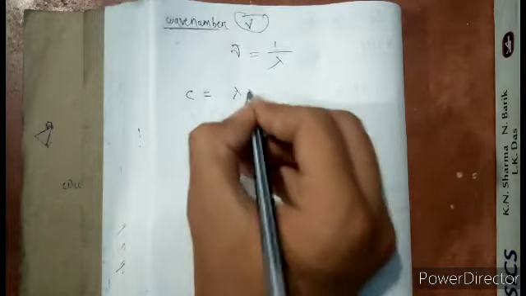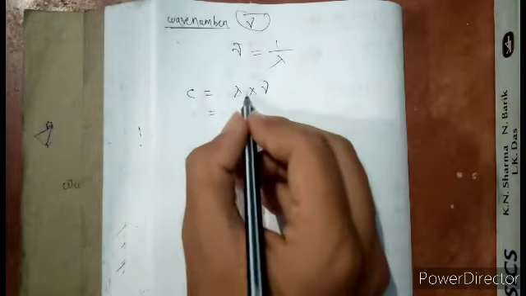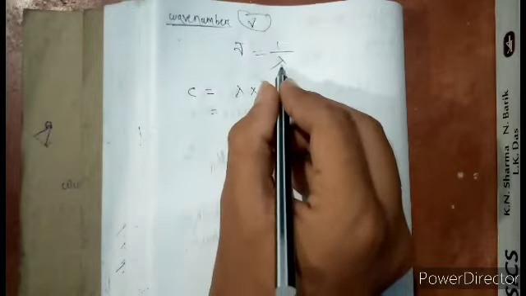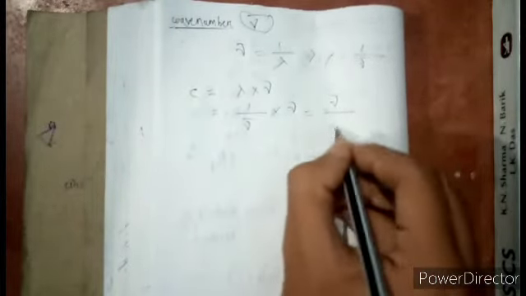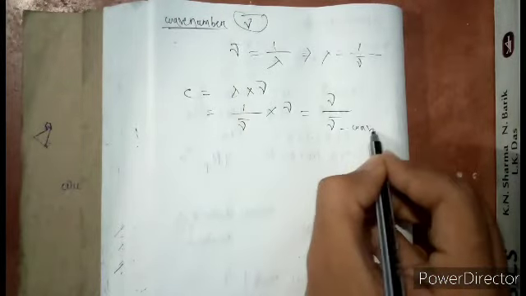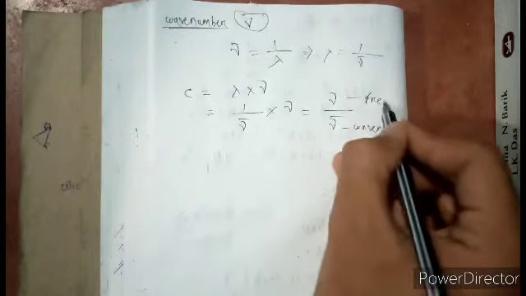Okay, then come to wave number. It is denoted as nu bar, which is equal to the reciprocal of the wavelength. Also we know that c is equal to lambda into nu, and lambda is equal to 1 by nu bar, that is 1 by wave number, so c equals frequency upon nu bar, where nu bar is the wave number and this is the frequency.